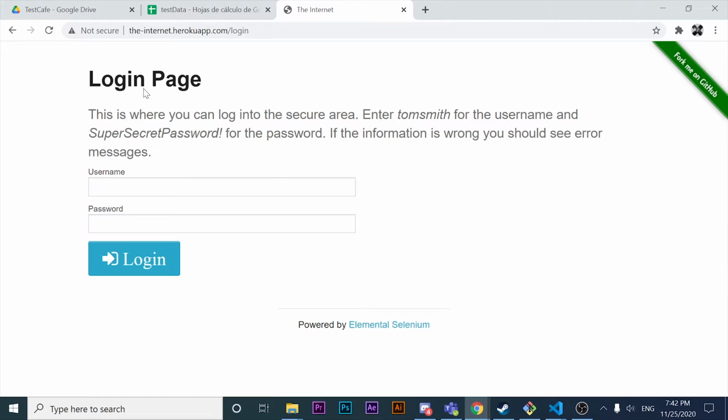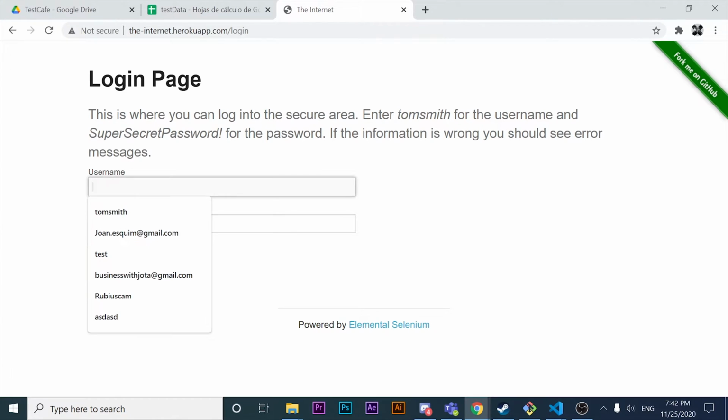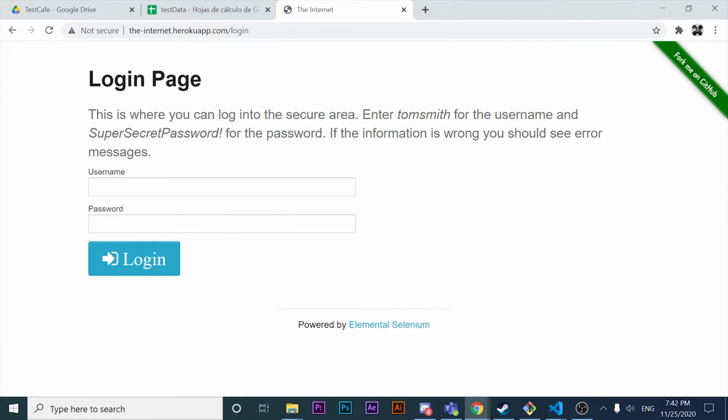So I'm gonna try to give you a quick introduction about the scenarios that I want to cover in this video, using this login page as the page that we want to test, right? We're gonna perform three different scenarios. All right, the first one is using the correct